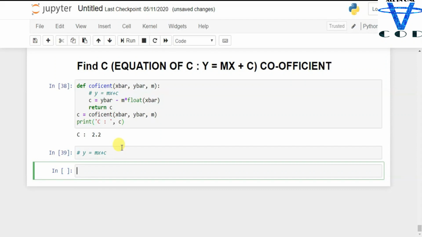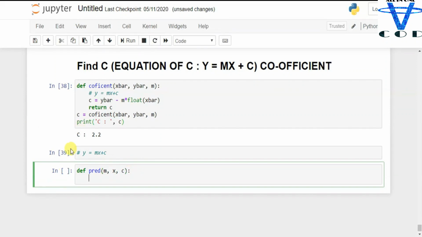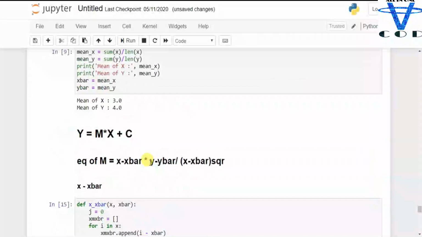Simply, I'm going to create the function def predict, and pass m, x and c, obviously. You can see the equation is y equal to mx plus c. So y equal to m into x plus c, but I have to create a for loop, so this goes one by one through 1, 2, 3, 4, 5 and creates the predicted values.